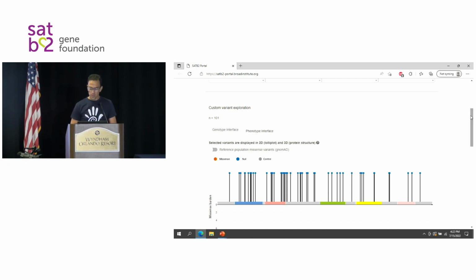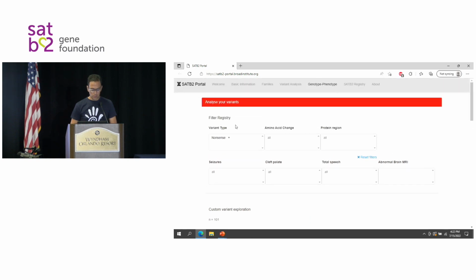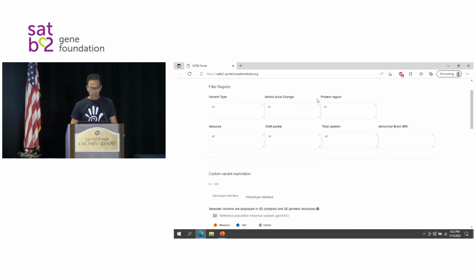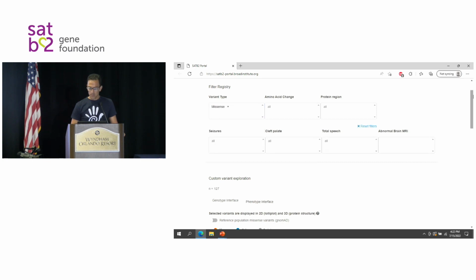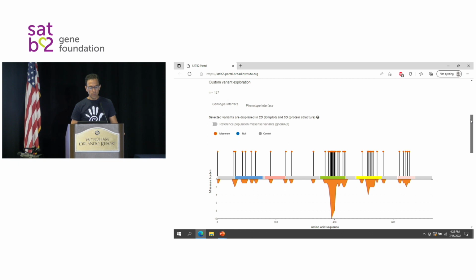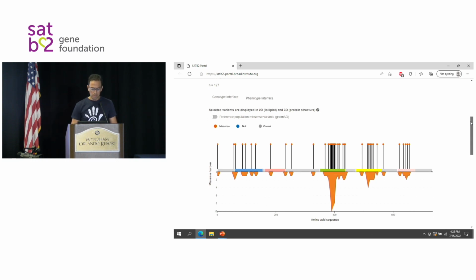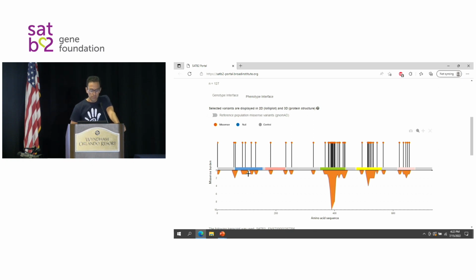So I'm going to try a different type of variant just for the fun of it. We're going to try missense, because this goes back to what I was talking about yesterday, where the majority of the missense mutations are located. Now if you filter by missense, here at the bottom it will nicely show the density of where the variants are located.